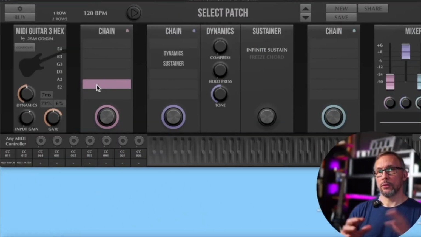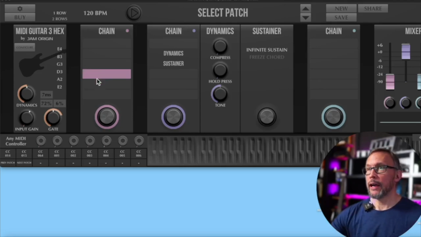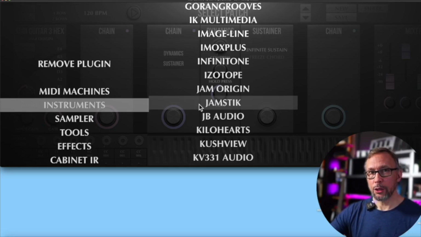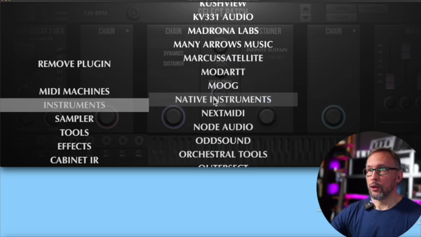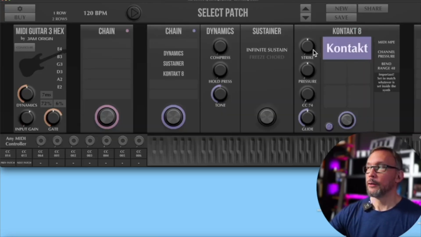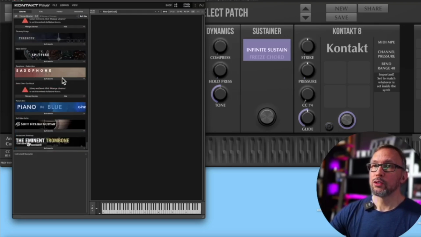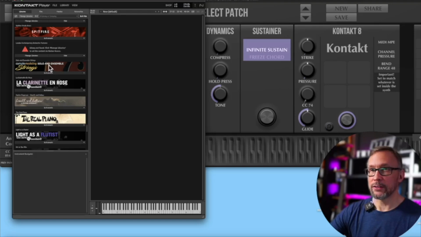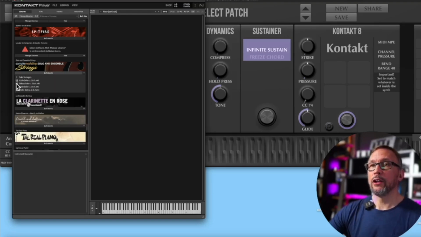Let's start with a clean slate. I have a new patch here. Start with an instrument. In this case, I want to show you the multi-script for Contact. So I'll go for Native Instruments Contact 8 just because it's the new one. So the instrument I want to use right now is the Sample Modeling solo and ensemble strings. I'll just load these